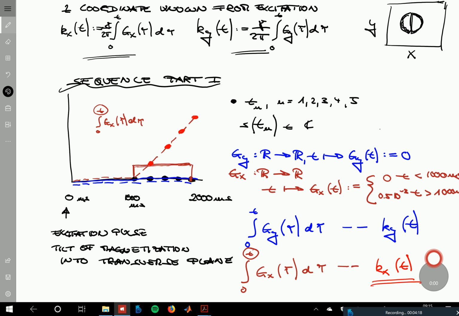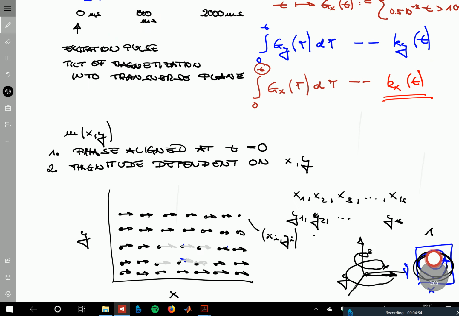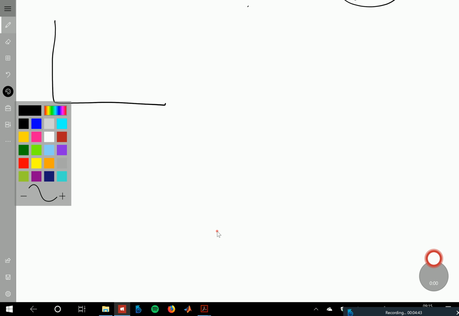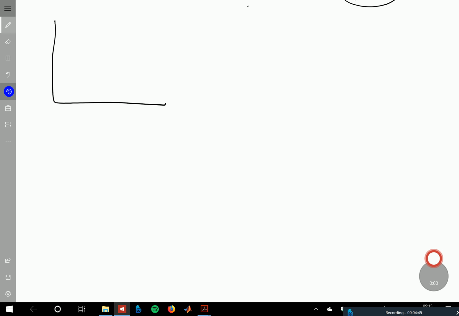That the x gradient is called a readout gradient makes some sense because it's turned on during, in this sequence, when the signal is read, so during these 5 signal acquisition times. Good. So that was after one excitation, and now the remaining stuff is relatively straightforward, because now the difference is that